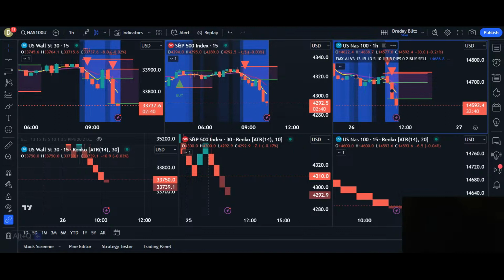And like I said, there's a few things that need to be added on the indicator. I'm just waiting for my surgery to be fully completed and fully healed, so I could finish that part. And that way, we're gonna have some filters for the sessions, like for Asian, London, and New York. And the Renko bars will be integrated in the indicator. Me personally, I love to see the Renko bars and the EMX AI indicator at the same time,